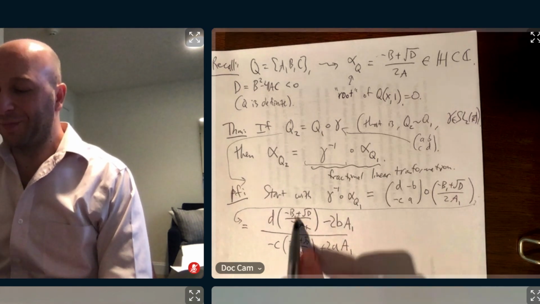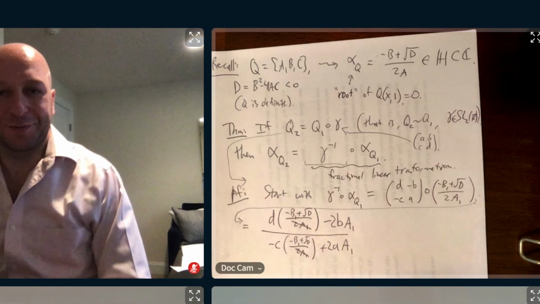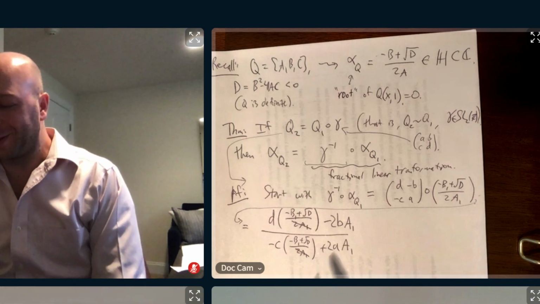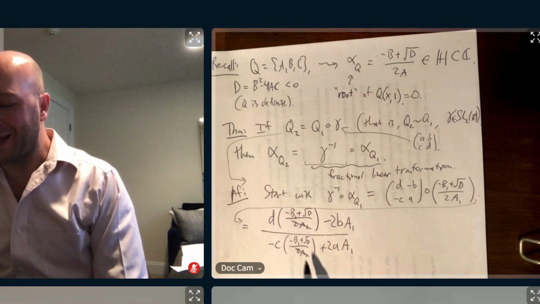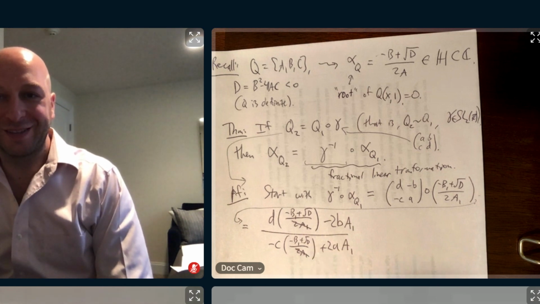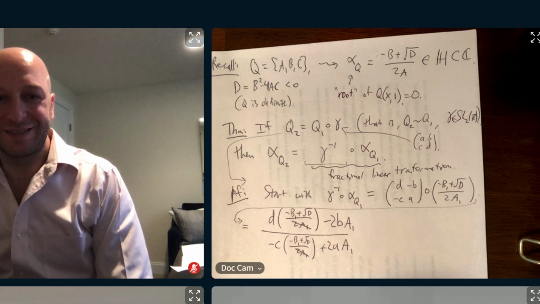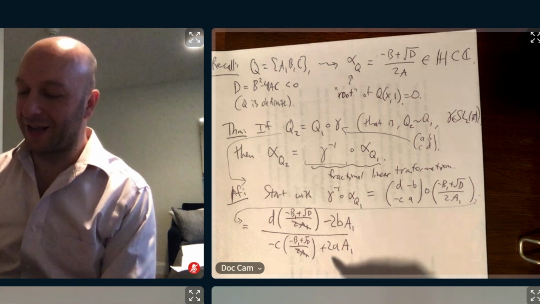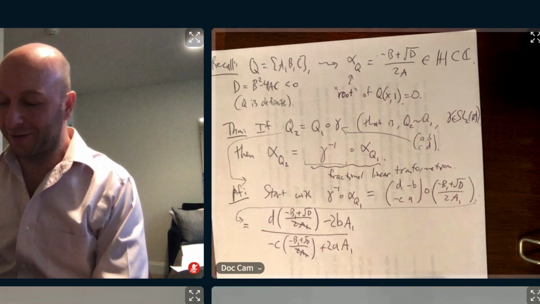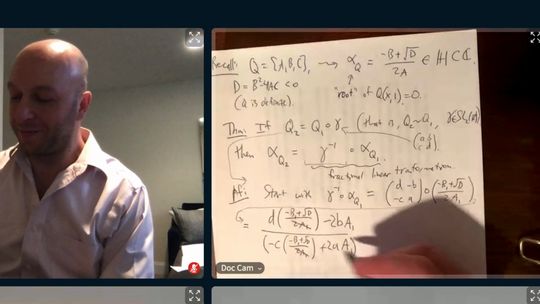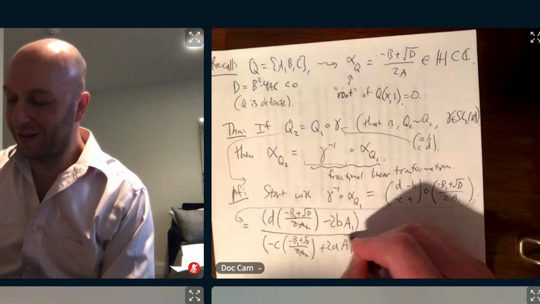Now, how can I simplify this? This is why we spend all this time in grade school. If we have a square root in the denominator, it looks kind of nasty. We want to put it in the numerator. I should multiply by the Galois conjugate, exactly. The Galois conjugate, which because D is negative, is the complex conjugate also. So I'm going to multiply top and bottom of this thing